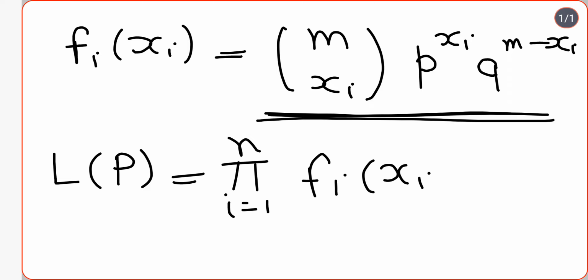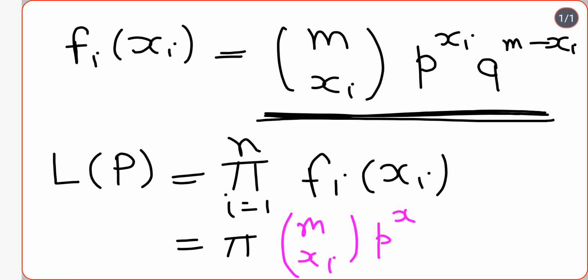So the product of f of xi. Now this can be further written as the product, and in place of f of xi I may write mCxi, p to the power xi, q to the power m minus xi. So I am writing it as mCxi within brackets, p to the power xi, and in place of q I am writing (1 minus p) to the power m minus xi. Now if I have to put this product form within all the terms of the equation, or all the terms of the function,